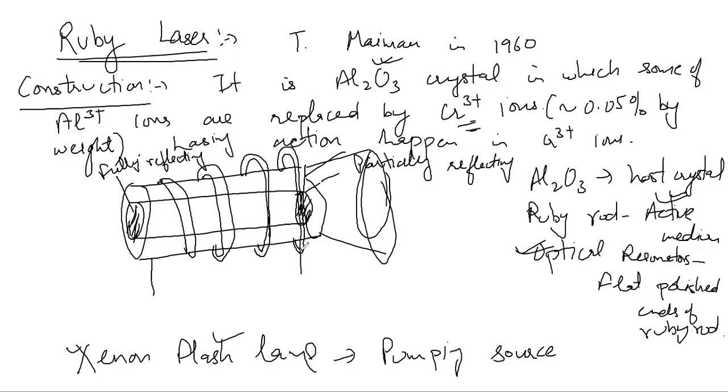So you have this xenon flash lamp which basically acts as your pumping source. So this is the construction of ruby laser. Now if you talk about how the laser action happens in the ruby laser, we need to talk about the levels of the chromium, because as I keep on saying time and again, in the case of ruby laser, your lasing action happens in the chromium ions. So what happens in the chromium ions? If we talk about the working of this ruby laser,